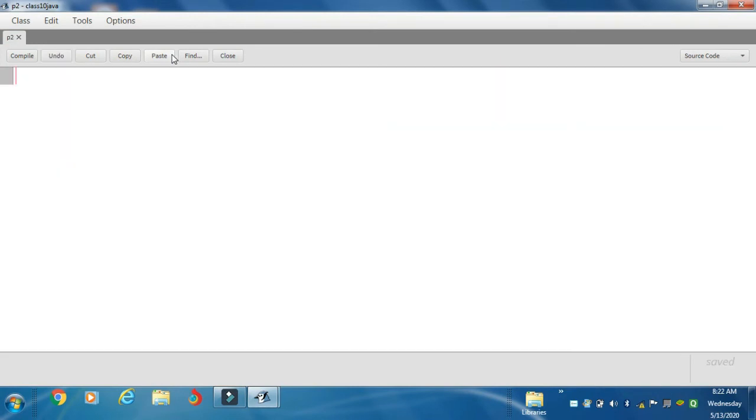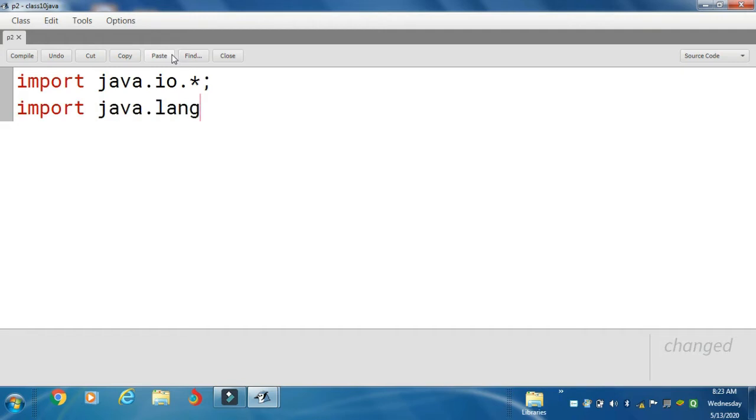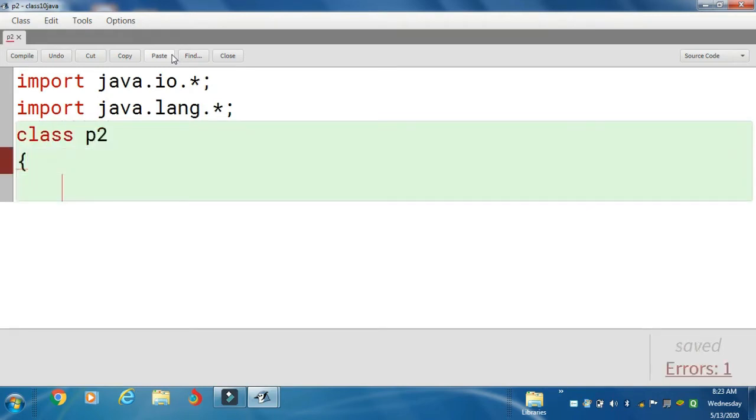Let me increase the font size a bit. So our first part is import java.io.*; then again import java.lang.*; then class, this is P2, then public static